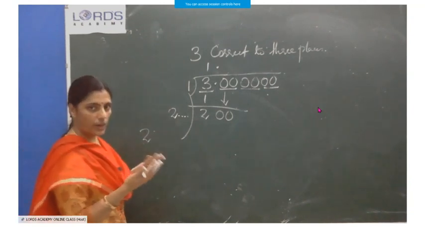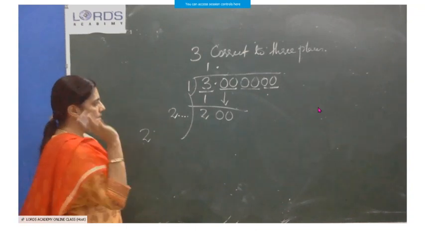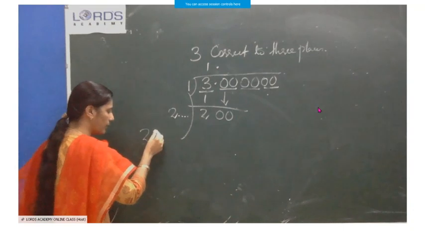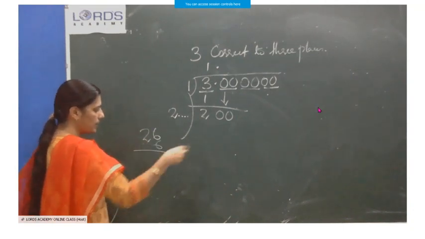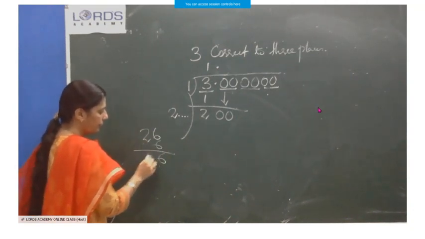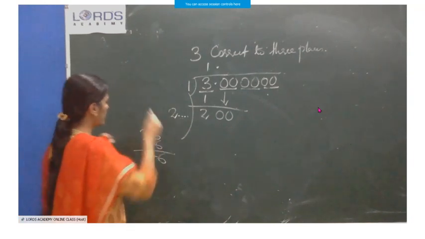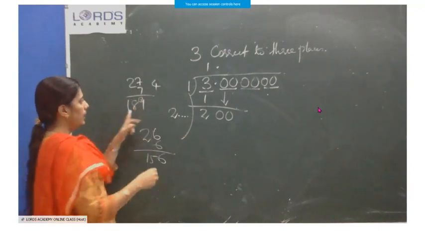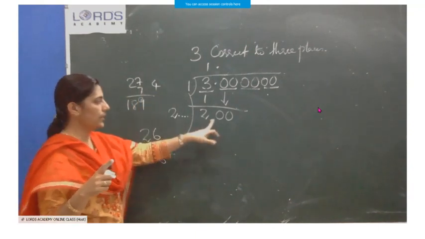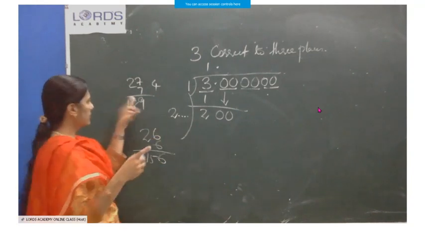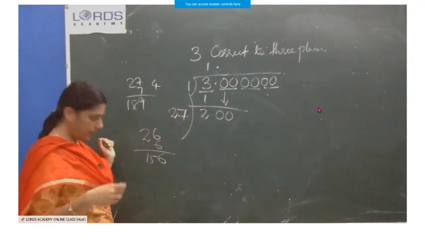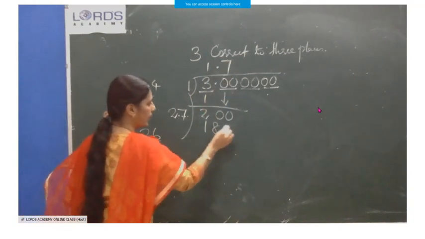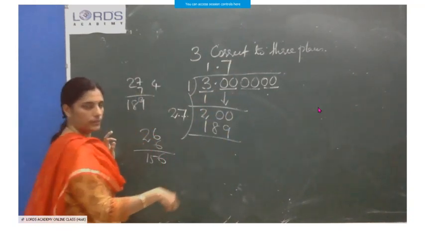No need to start with 1 and all. Obviously a 1 won't match. 2, 3, because we had to get 200. So I am starting with 6 and so on, skipping some steps. 6: 156, but I need 200. So try more than 6. 7. Yes. 189. If I try with 8, it exceeds 200. Okay. So 7. That trial you can do in your working column. 1.7. 189. Subtract.